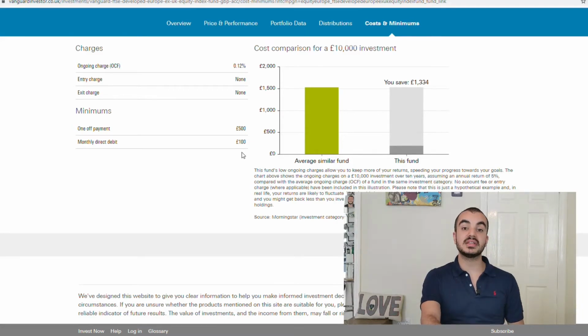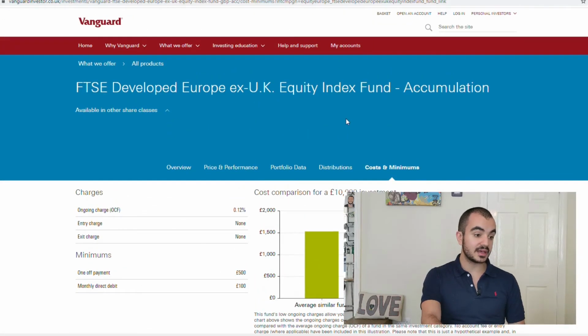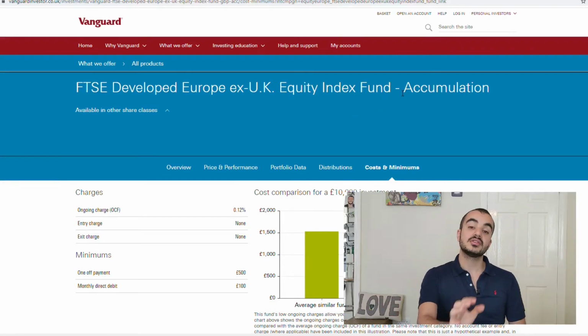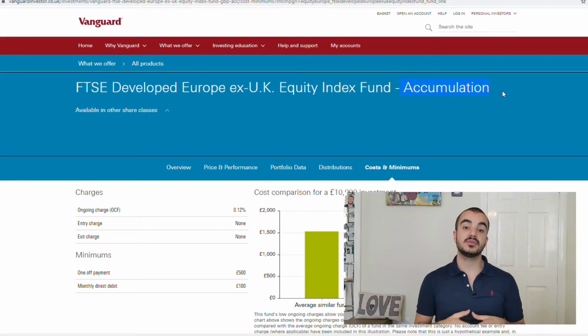One thing to be wary of is that your index fund does actually earn dividends, but you'll notice here that our index fund actually says the word accumulation at the end of it. So if you see the word accumulation, that means any dividends that fund earns is automatically reinvested in your fund, and it's completely automatic. Personally myself, because I chose Vanguard to invest for my long-term goals, I stuck it on